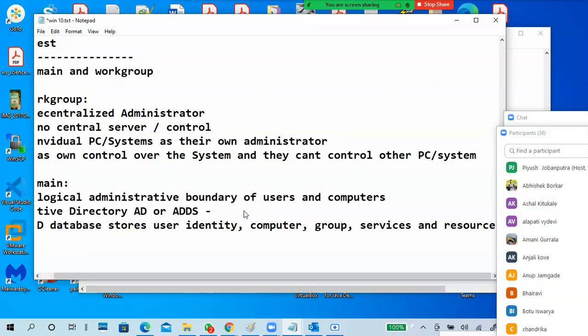Printer information, scanner information, resources. Can we say it is a central repository?